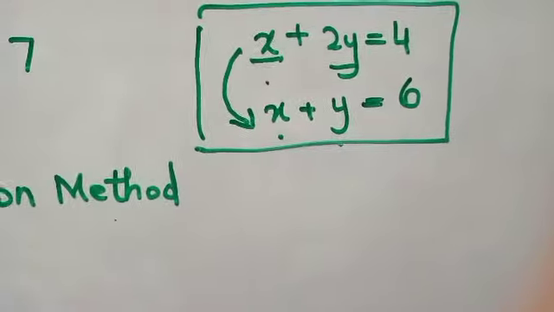Let's look at it. What is substitution method? In the substitution method, we first find out the value of one of the variables which is without a coefficient. For instance, two variables are given to you, x and y. So we can find out the value of x first, and then we can later find out the value of y as well. But what is the condition? If you are finding out the value of x, that x should be without a coefficient and it should be positive. These are the two conditions when we are using substitution method.